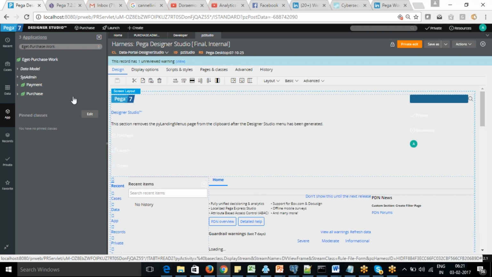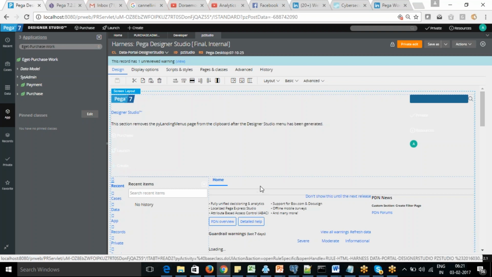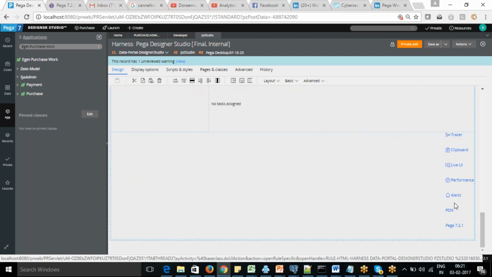Okay, so here you can see whatever information you are seeing in the header. This is a screen layout, and within that you are designing this complete thing. All the information you are seeing here: the application name, launch, then create. On this side you can see the operator menu and all other information. Okay, so this is the header, this is the Explorer area, and this is your work area. Okay, and this is your developer toolbar, which is designed in this way.